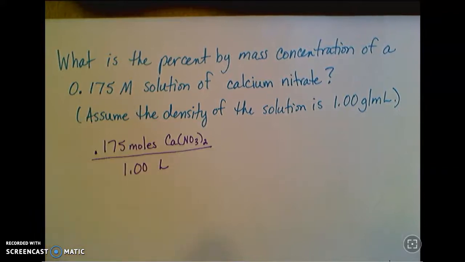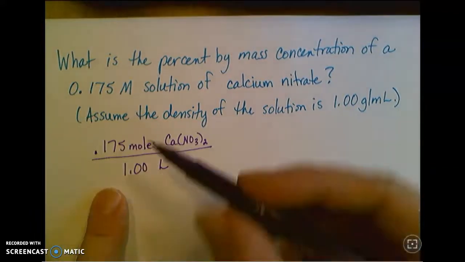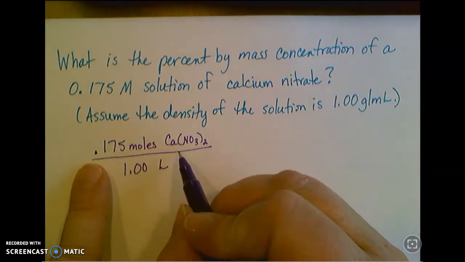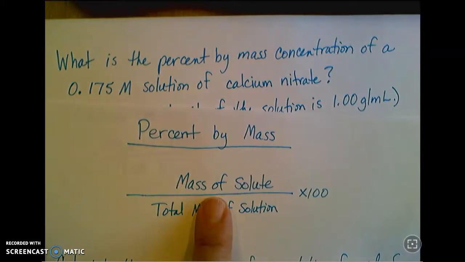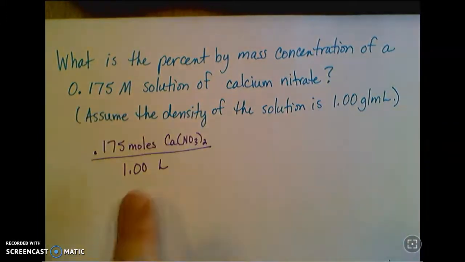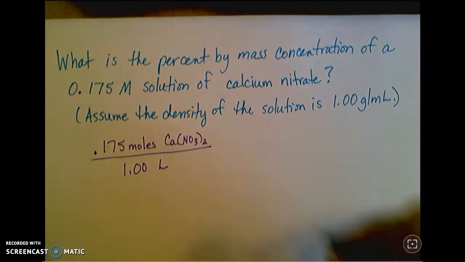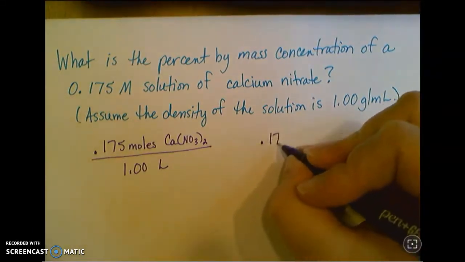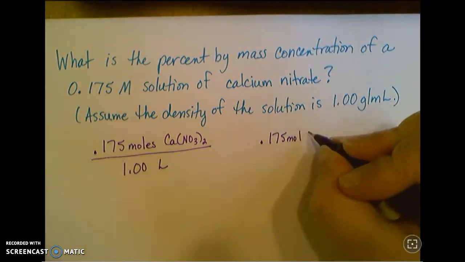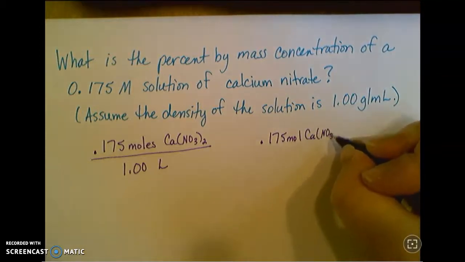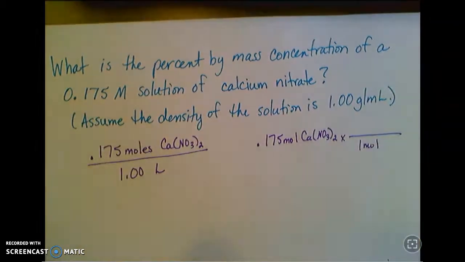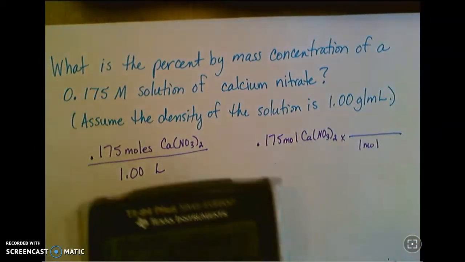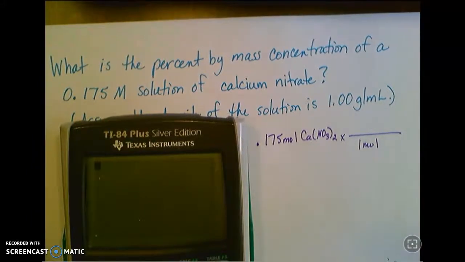So I know a couple of things if I make that assumption. One of them is how much calcium nitrate I have. And since I need, of course, the mass of solute, I can convert that to a mass. No problem. So let's do that first. 0.175 moles of calcium nitrate. And 1 mole is how many grams? So using my periodic table,